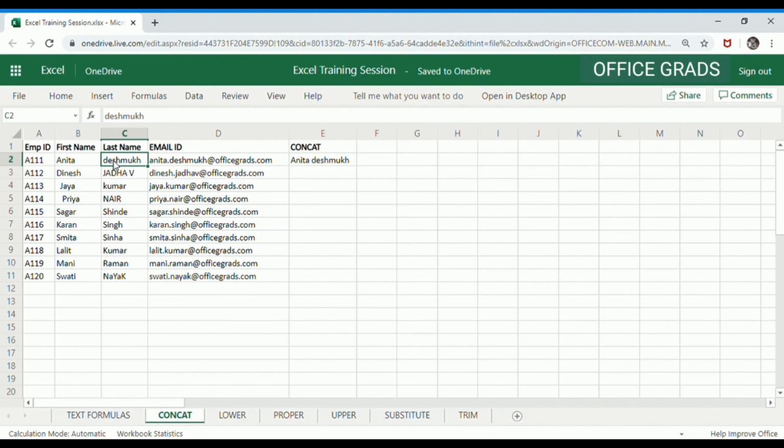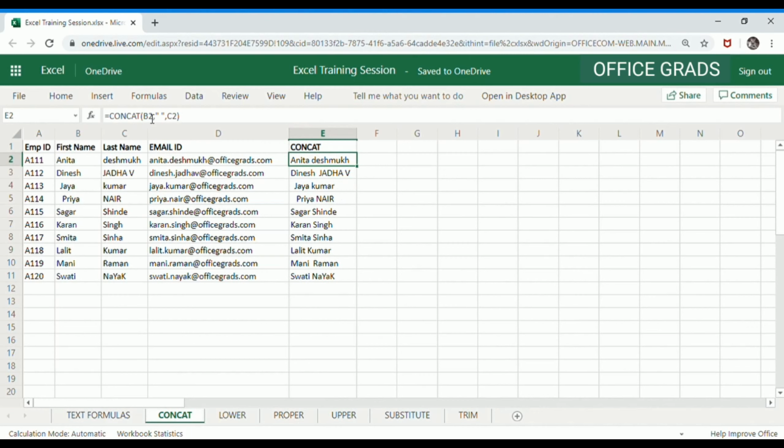So now you would notice that we had first name and last name in two different cells. It is converted into one. Along with it, we have also added a space with the help of these quotes, or these inverted commas. Now let's copy and paste it down. Right. So you still have all these cases, right? So we can get rid of it along with a TRIM and a SUBSTITUTE formula. So you can combine as many formulas as you want in one specific cell and get rid of all the additional texts and the different cases together.